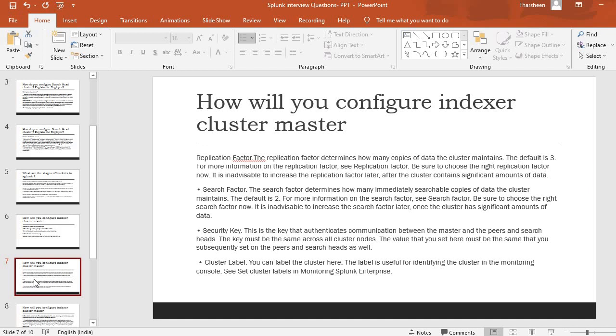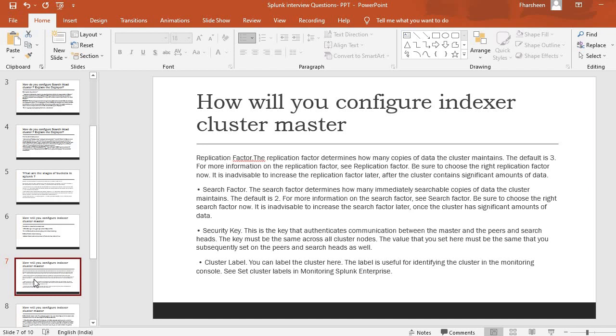Replication factor is how many copies the system maintains; by default the number is 3. Search factor is how many immediately searchable copies the system maintains; by default it is 2. You can give this sort of answer for replication and search factor.